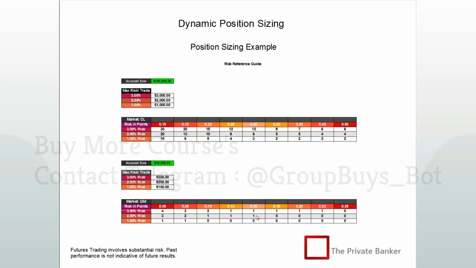As far as you're only risking 2% there, you can only trade 1 contract there. But if the risk is beyond that amount, that's it. You can't even take the trade. It's just too expensive for you, unless you are willing to risk more of your account. So that's the thinking, is having some sort of a quick reference. Obviously, at some point you'll have this memorized, but